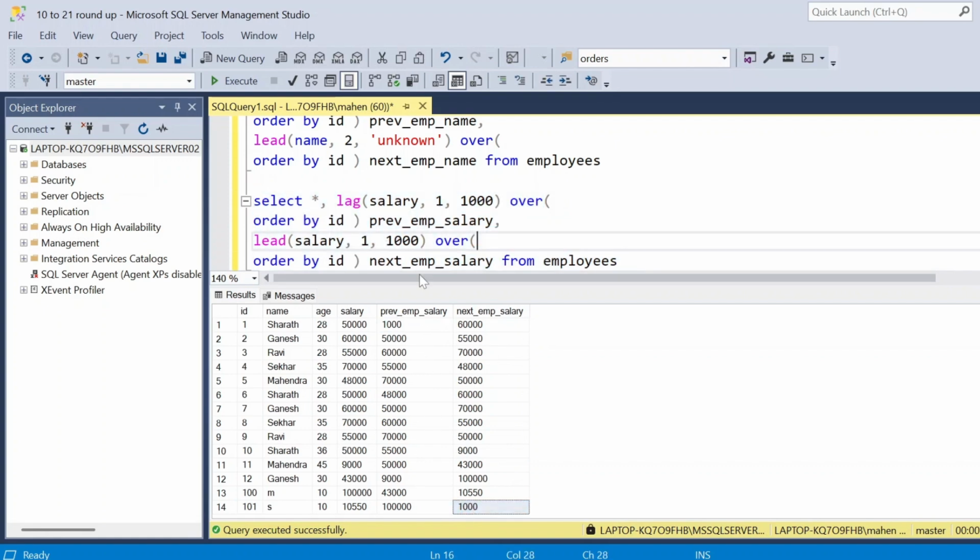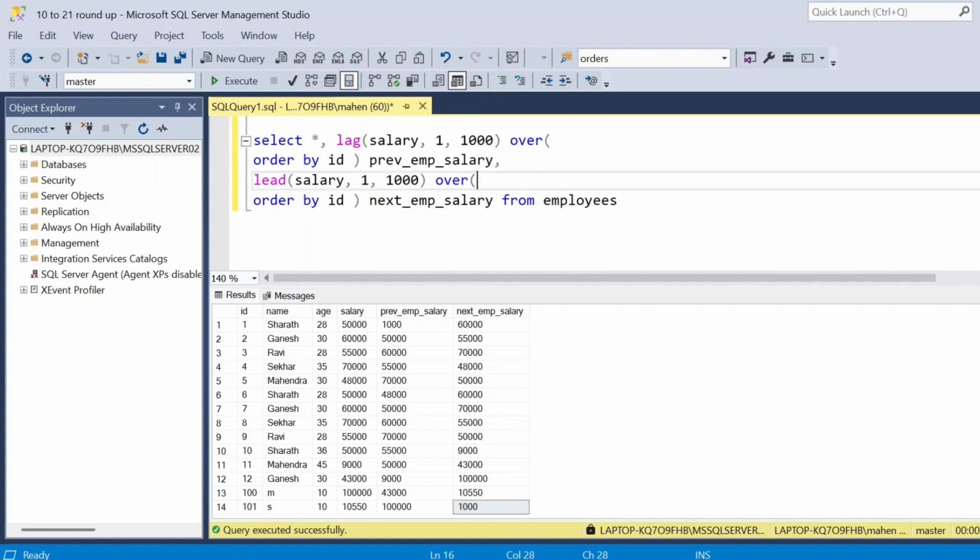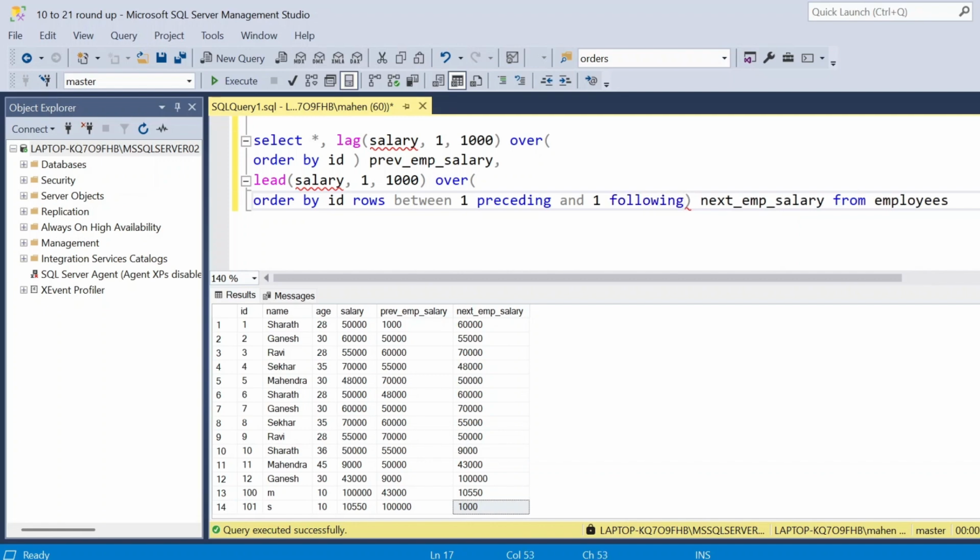So this is how we are using lead and lag values, right? Here also we can use range of records. How can we do that? Let's see. While you're finding lead and lag values, can we use range of records or not? You can observe now. For example, if we use rows between one preceding and one following, and here also I'm mentioning rows between one preceding and one following. Now if I execute this one,